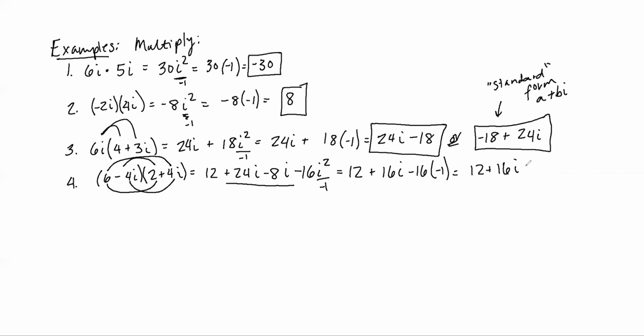-16 times -1 is a positive 16. Now there's one last thing, we can combine these real numbers. So we get 28 plus 16i. Make sure you fully combine all of your like terms. Number 5,